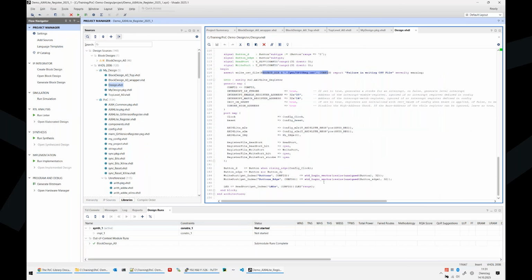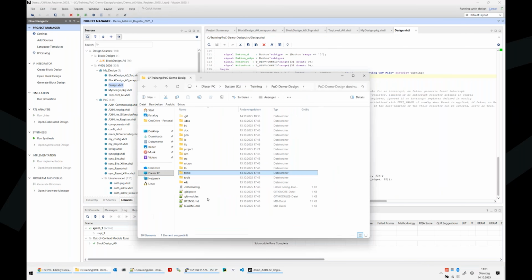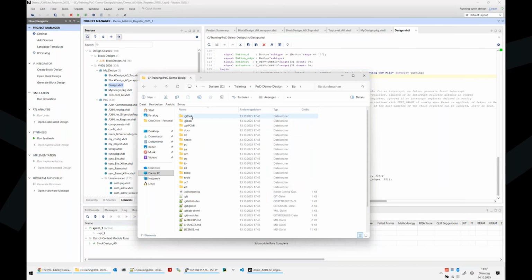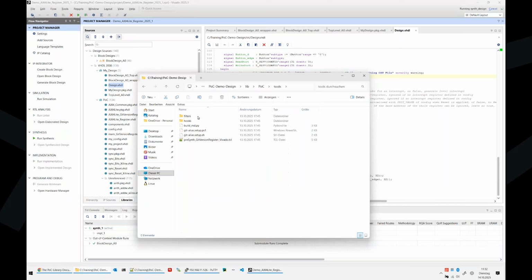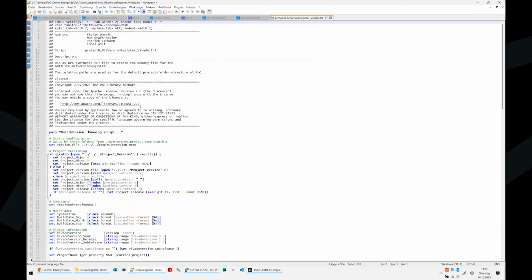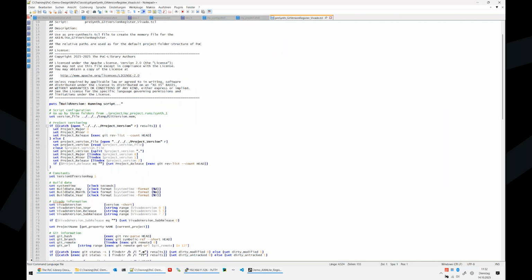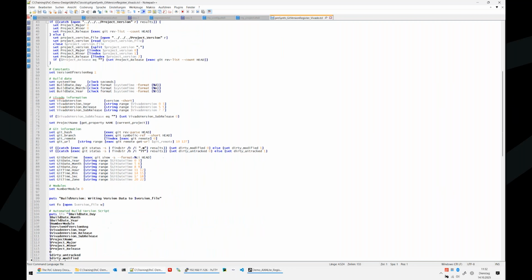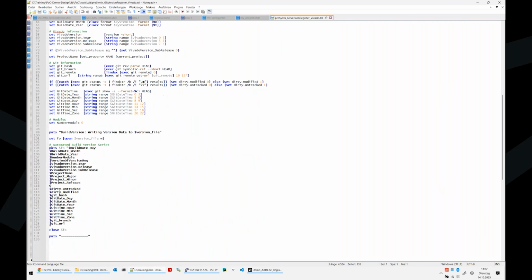Right. So this is all what I have to say about our small demo design. Let's quickly run it. And until the synthesis is running, let me quickly show you the tickle script that you have just seen. As mentioned, it is located under lib, PoC, then tools and git. And if we open that one up, you can see that we have here a couple of tickle assignments where we are finally putting all the